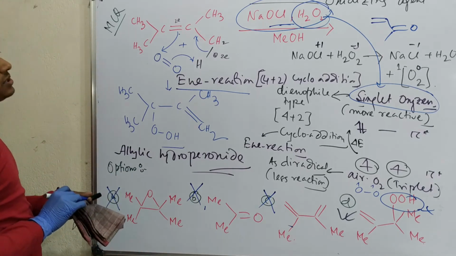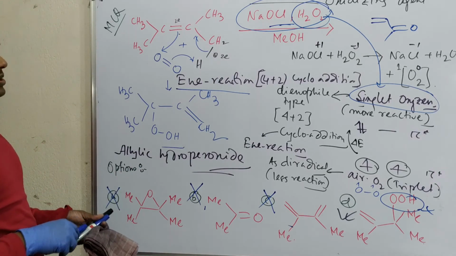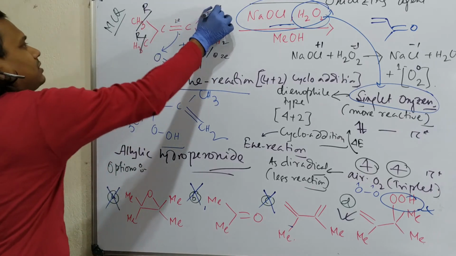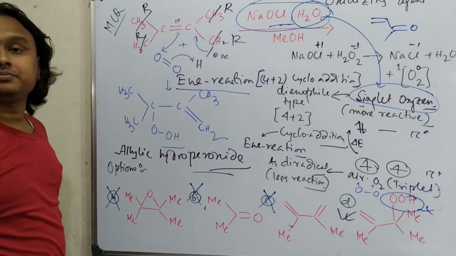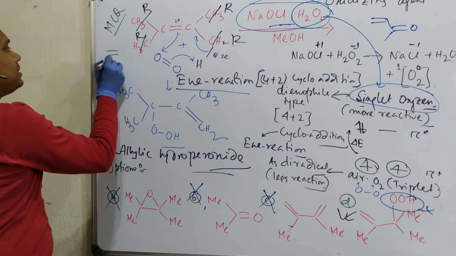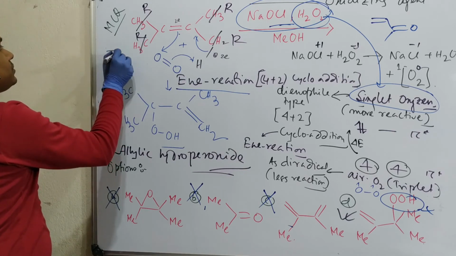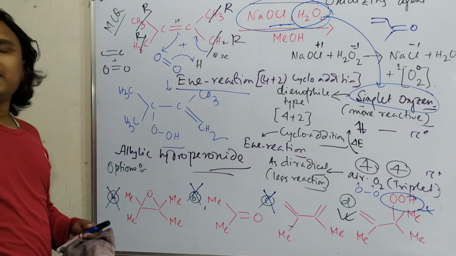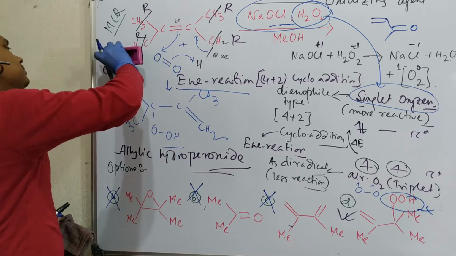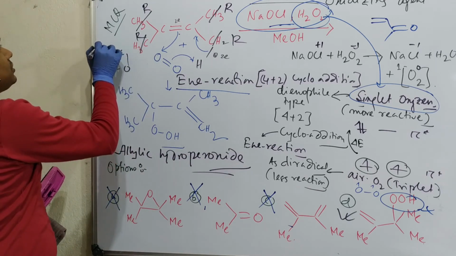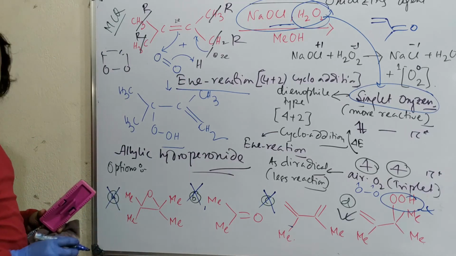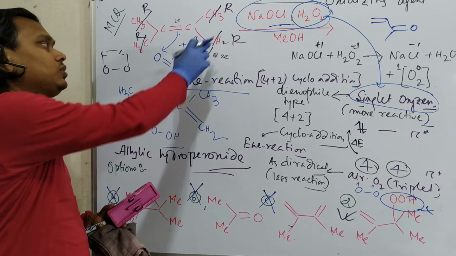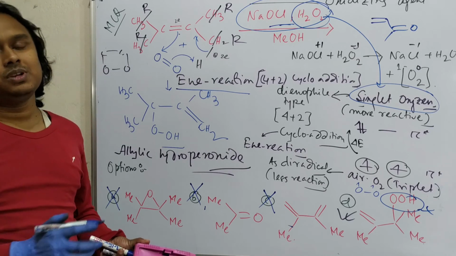By the way, one interesting piece of information I want to give you: suppose these have only some R, not hydrogen, not allylic CH. Then what can you expect? What does this singlet oxygen do? It undergoes 2+2 cycloaddition, meaning these two react, and they ultimately end up with a 4-member ring. So please remember this. It is also interesting. So 2+2 cycloaddition using singlet oxygen is also possible. If there is no allylic CH bond, then the ene reaction is not possible. It will follow this one.